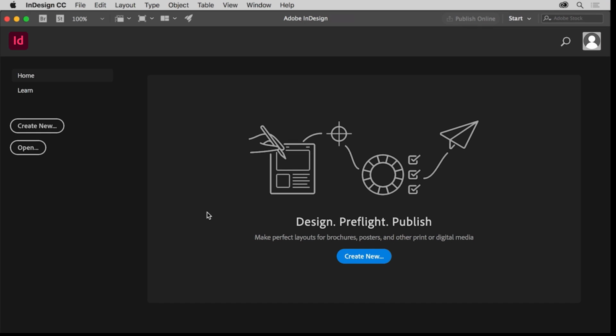Now, when you start a new project in InDesign, there are a lot of ways to begin. You can create a new document from scratch, start from a template, and a lot more. In this video, you'll start a new project by creating a new document. With the latest version of InDesign CC open, you'll see this start screen, which appears when there are no documents